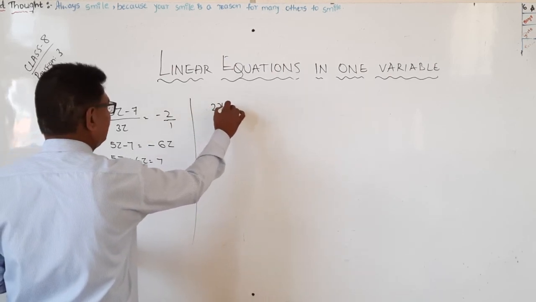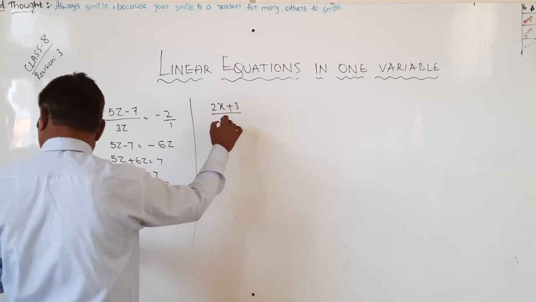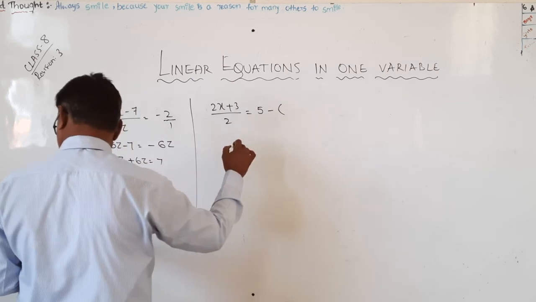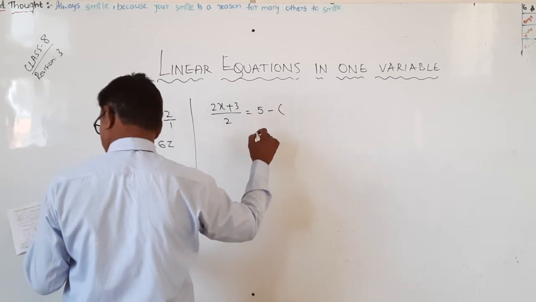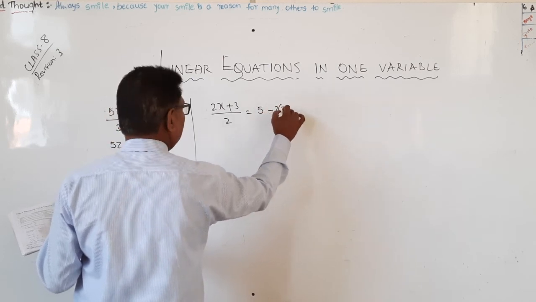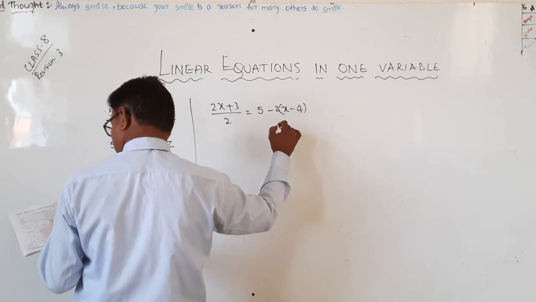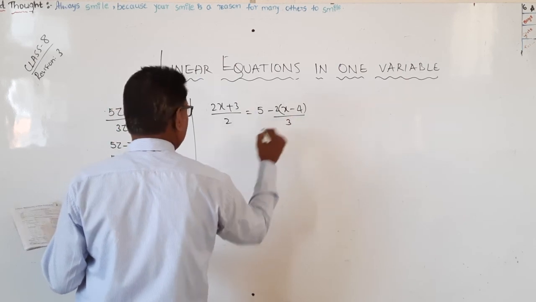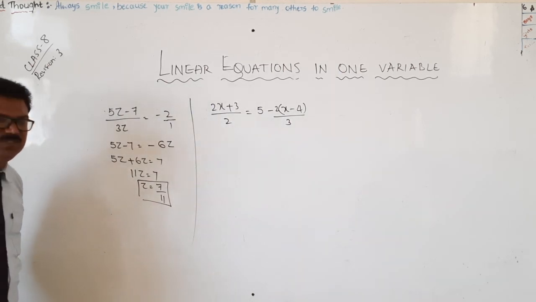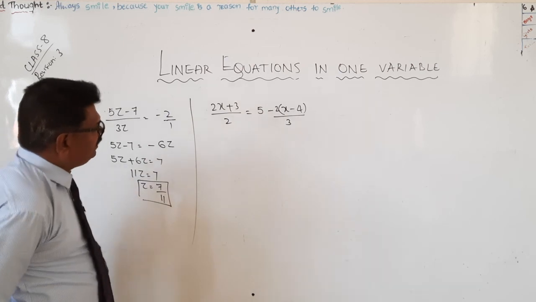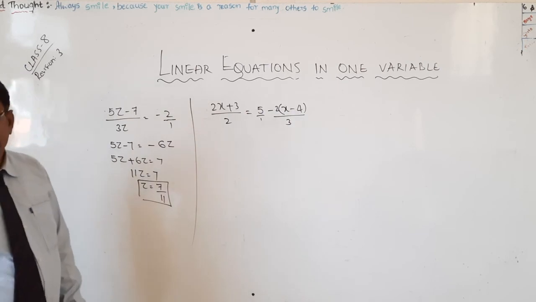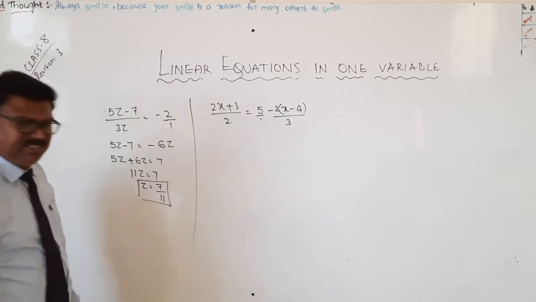2x plus 3 divided by 2 equal to 5 minus 2x minus 4 divided by 3. Yes, no problem. You can see here, if the problems are like this, first we have to take the LCM. The LCM of 2 and 3 is 6. Therefore,